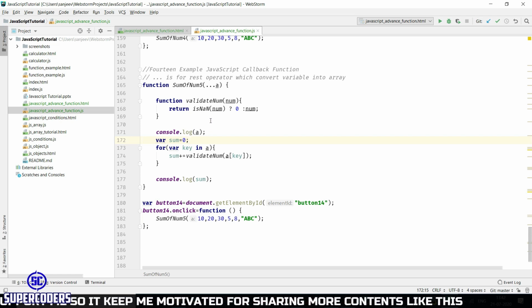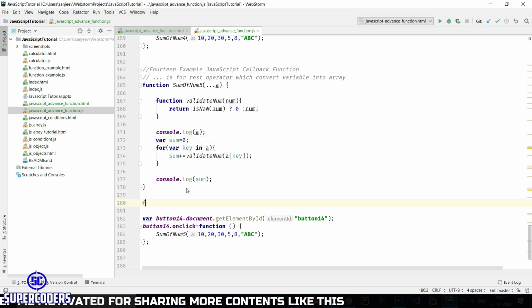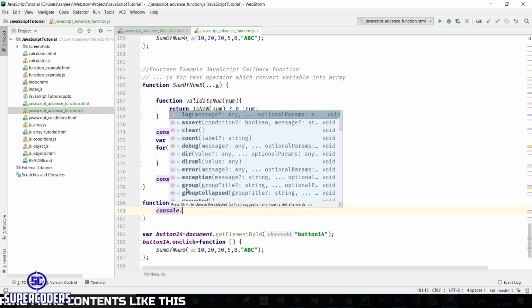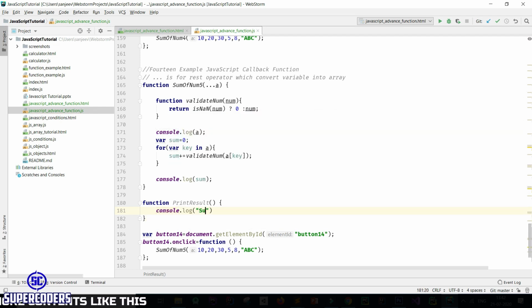Now let's start our main work, which is callback function. Instead of printing this value, I am creating a function also, function printResult and message. console.log sum of number is value, adding plus, then printing value.